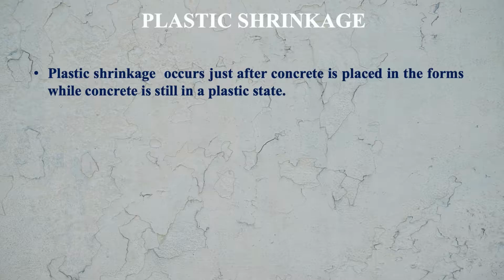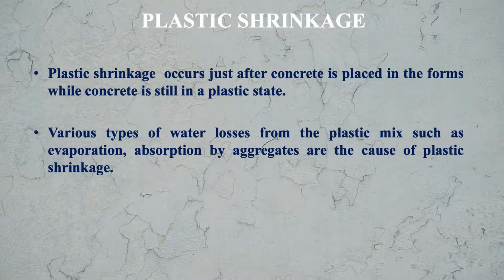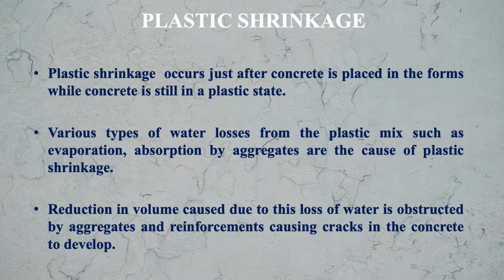Let us first see the plastic shrinkage. Plastic shrinkage occurs just after the concrete is placed in the forms, while concrete is still in a plastic state. Various types of water losses from the plastic mix, such as evaporation and absorption by aggregate, are the cause of plastic shrinkage. Reduction in volume caused by this loss of water is obstructed by aggregates and reinforcement, causing cracks in